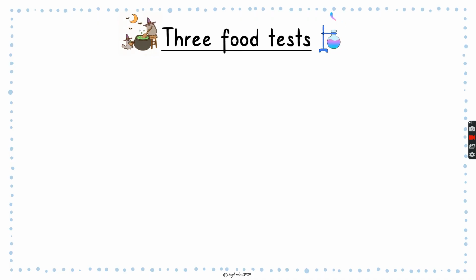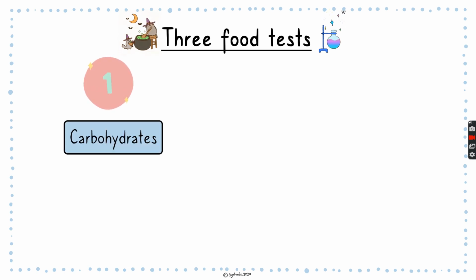So the 3 food tests that you will need to learn in O-levels is number 1, to test for carbohydrates. Remember that carbohydrates, you have 3 types. You have your monosaccharides, the simple sugars, and your disaccharide, which is also simple sugar. And you also have your polysaccharide, which is starch, cellulose, and glycogen. But for the food test in O-levels, you're going to learn about the polysaccharide, testing for starch using iodine solution,